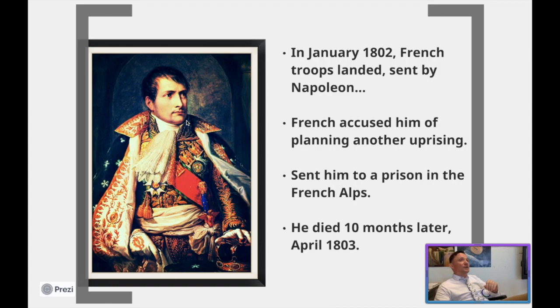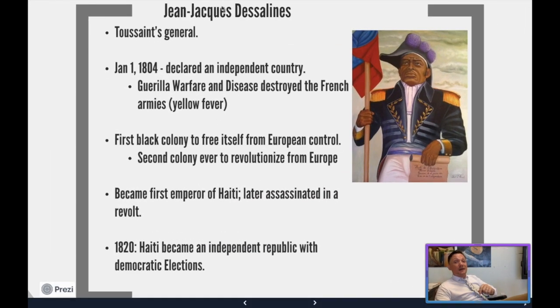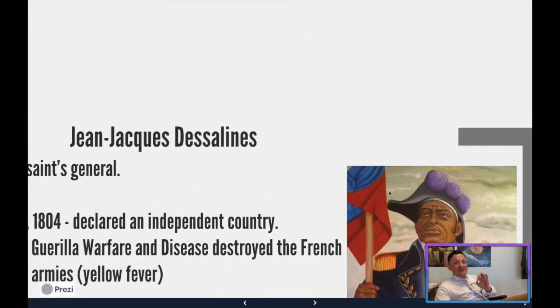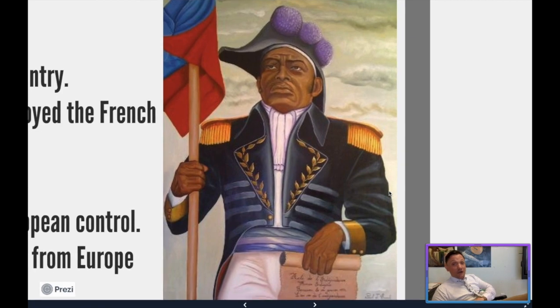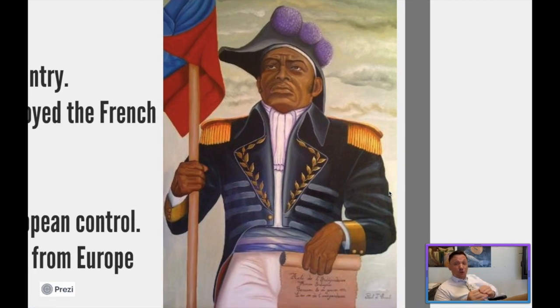The thing about it, though, is there's a guy in the realm that I haven't talked about yet, right? There was a man, as we know, all great leaders have assistants in the wings that were there the whole time. And the name of Toussaint Louverture's second in command was a man by the name of Jean-Jacques Dessalines, right? Jean-Jacques Dessalines, who is pictured right here, who had a very different story compared to Toussaint Louverture.